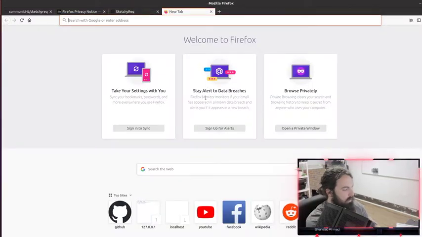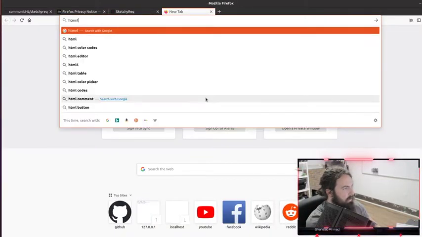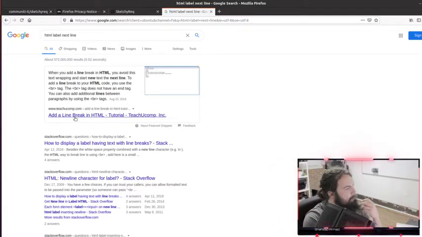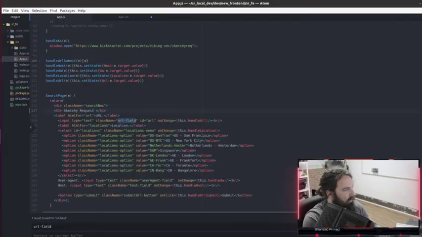So HTML label next line. I don't know how to add a line break. Do you literally just add a line break after it? That'd be very convenient.